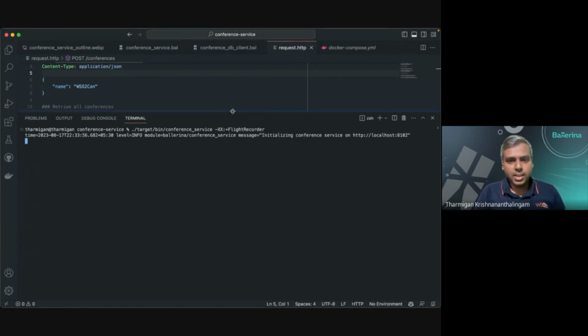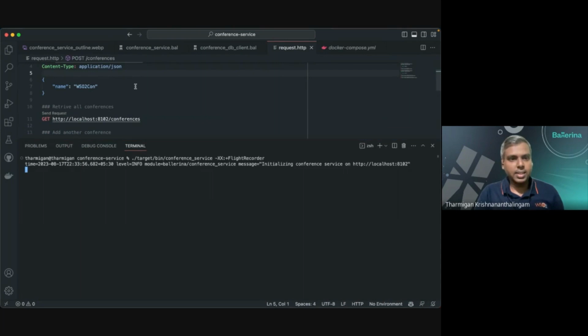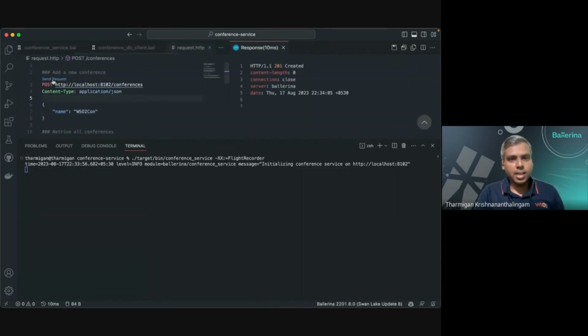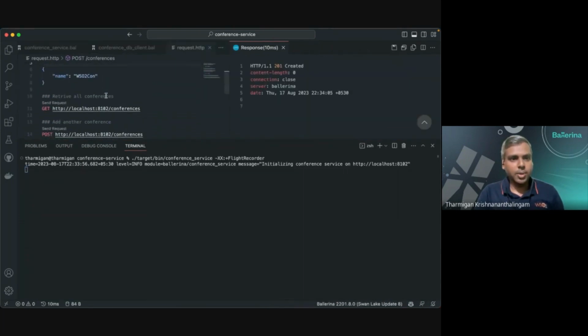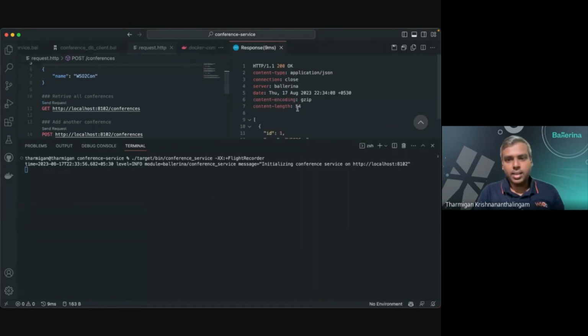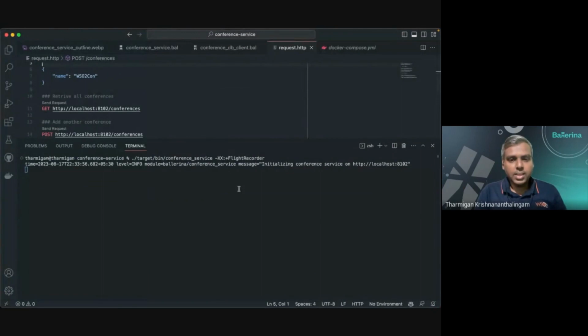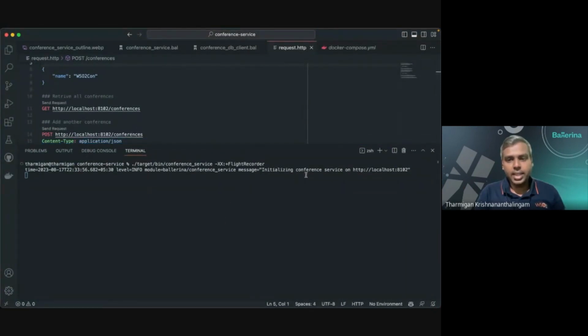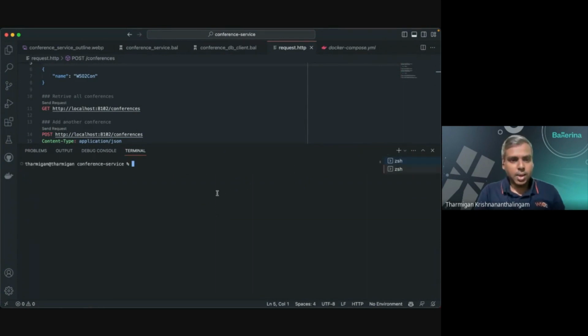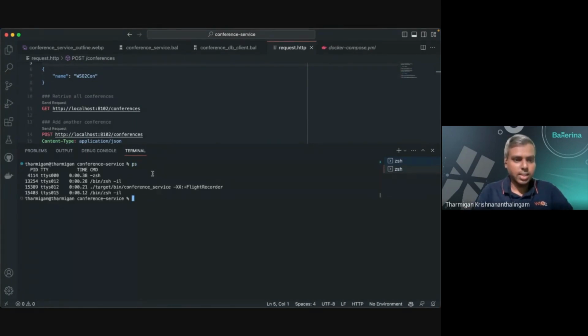Okay, so now the application is running. So we can just check by sending a request and getting it back. Yeah, it seems to be working. So now let's look at how we can create a heap dump for this process. So I'm just going to send a user defined signal to this process. So I'll just take the process ID